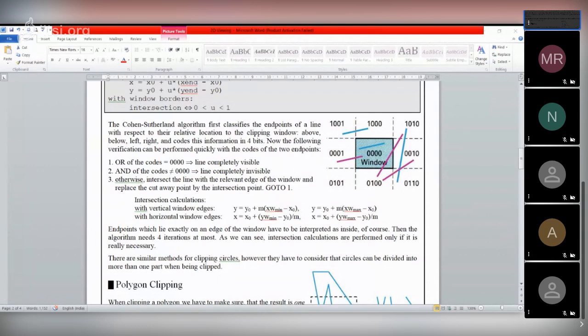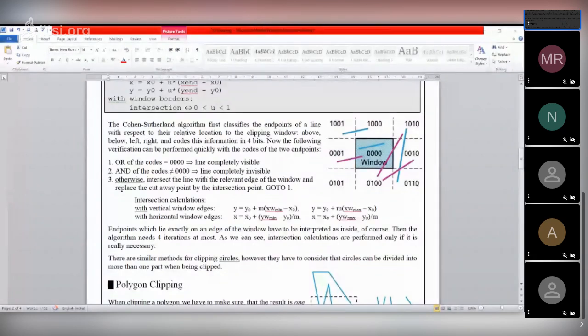Now there is a 4-bit representation. Look, somewhere 0 0 0 0 is inside this window. There is a 4-bit representation, where sometimes the bit value is 1, sometimes 0, placed one by one. The first bit position represents the above, the top.